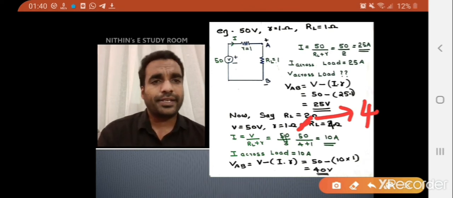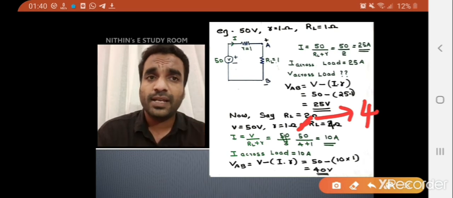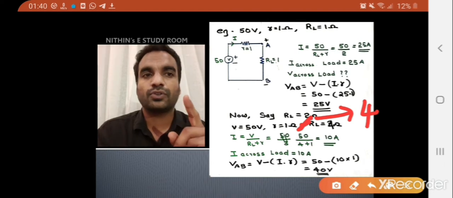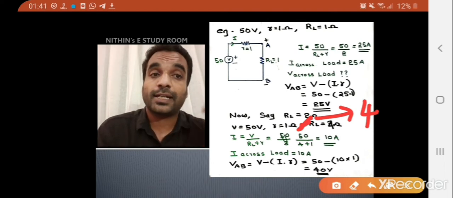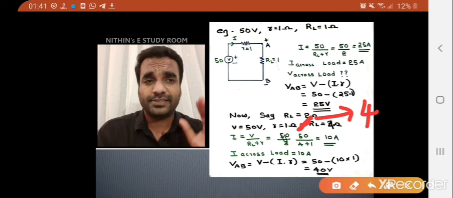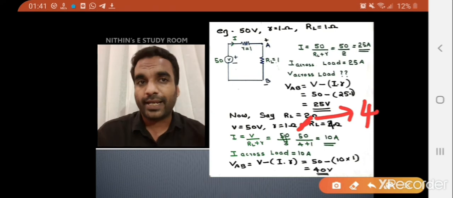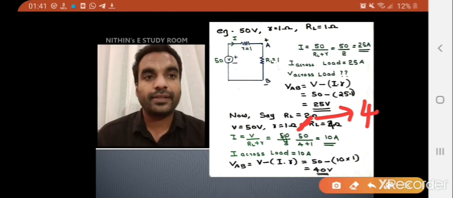So I is equal to 50 voltage by total resistance. Total resistance means load resistance 4 plus internal resistance 1, so it will be 5. Now what will be the current? Current will be 50 by 5, that is simply 10 ampere. So you got the current between the terminals A and B. Now what is the voltage across the terminals A and B? You can simply find